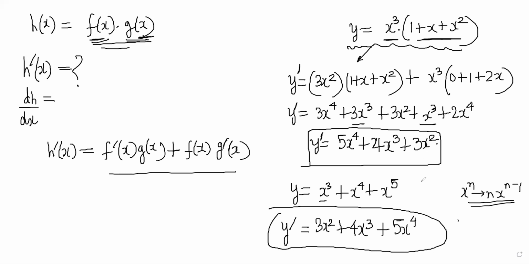So you directly multiplied with x cube, like x cube with all the terms. You got x cube plus x power 4 plus x power 5. And then you differentiated this and applied the same rule. And now because the answer matched, we know that our method is correct,